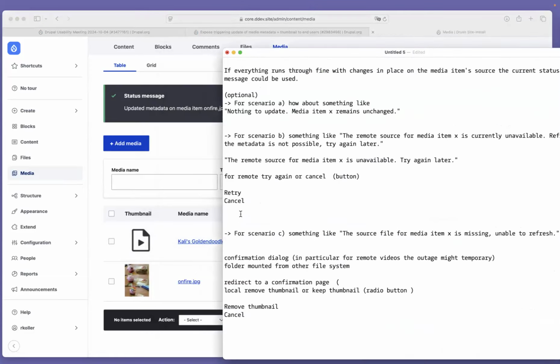With cancel, that placeholder thumbnail is prevented, and maybe adding something that tells the user, hey, you're still using the old thumbnail. Yeah, I think that makes sense.